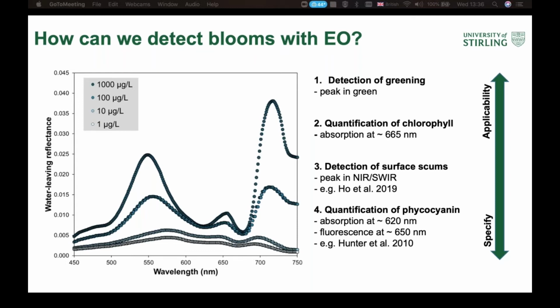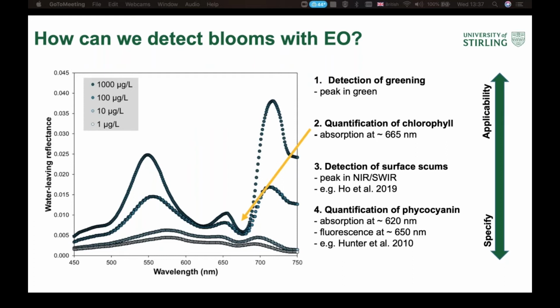First, we see that with increasing chlorophyll A from 1 microgram per liter to 1000 microgram per liter, going from the lighter circles to the darker ones, the water becomes greener, and that is reflected by the more pronounced peak in the green. We can also